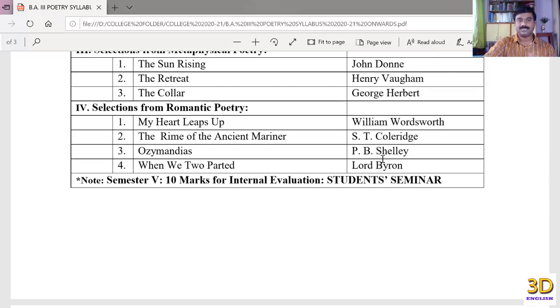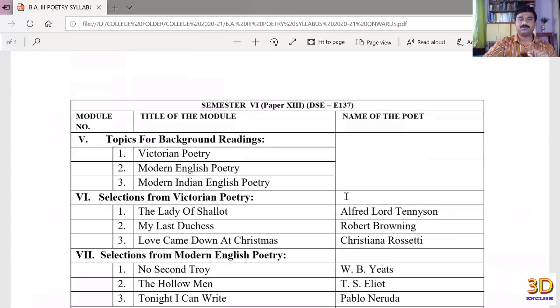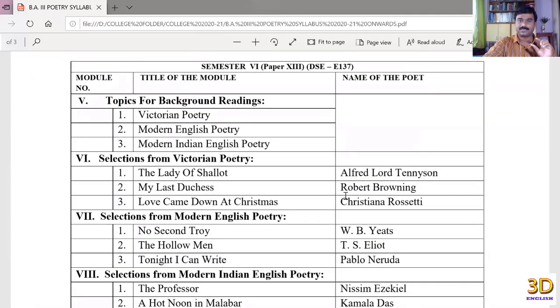Yes, so this is the syllabus of semester 5. And you can see here, this note is made bold for you. 10 marks are there for internal evaluation, and for that purpose students have to give a seminar. So this should be remembered by you. Okay, so let us turn towards semester 6. The paper number will be 13, and